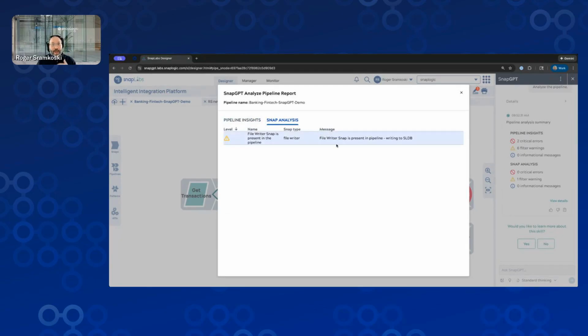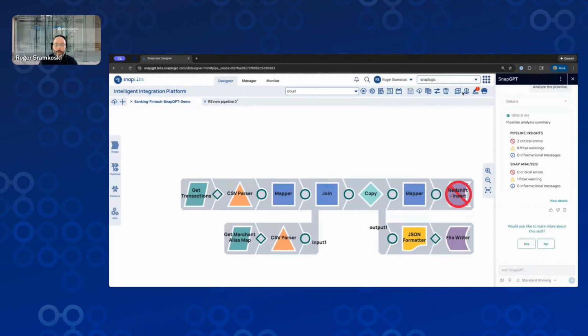There's also a snap analysis tab. And so here you can see that it's pointing out that we have a file writer writing a file to JSON, to SLDB. That's local storage to us. That's not something we recommend for production, but is often used in development. It's usually more for configuration files and things reading in. So let's close that analysis and fix a few of these and then iteratively walk through this to see how